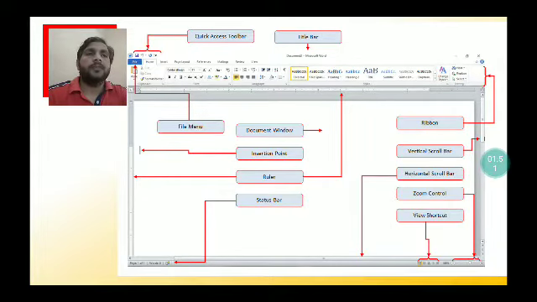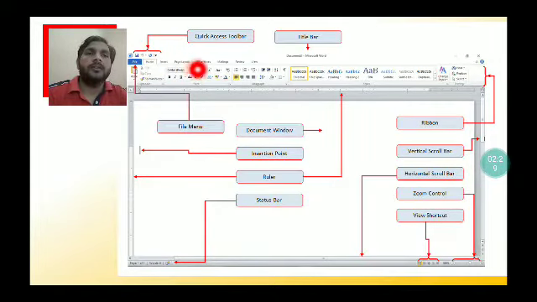First, look at this picture. Different layouts, different types of tabs, different types of components are available in this picture. As you can see, different components of MS Word. First, it is here, Quick Access Toolbar. You can see it clearly, that different kinds of buttons are present, like Save, Undo and Redo. This is your Quick Access Toolbar of MS Word 2010.